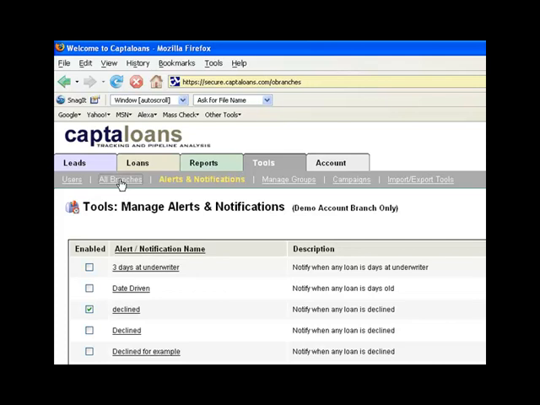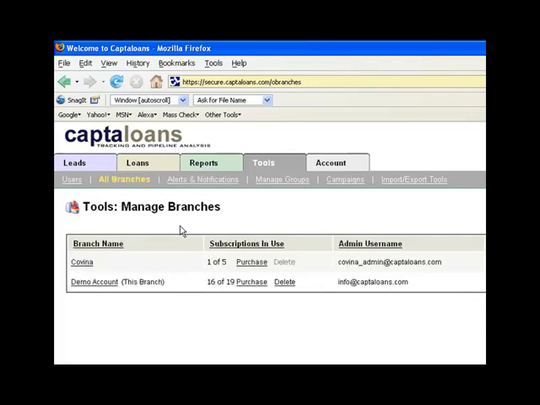In Captaloans, we also give you the ability to create child branches. So if you have a large organization and you want to create multiple branches, you can do that. On the far right, there's a create branch icon, and so you can create a branch. This is a feature that's only available in the premium plan. But basically, once you create a branch, it operates as a self-running entity. So you'll create a branch administrator account, and then that branch manager will then manage